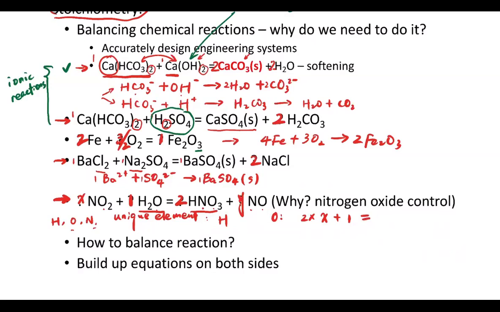And on the right-hand side, that's going to be 2 multiplied by 3 plus y. Okay? So for nitrogen, that's going to be 2 multiplied by x equal to 2 plus y. If we simplify these equations a little bit, that's 2x equal to 5 plus y, and 2x equal to,